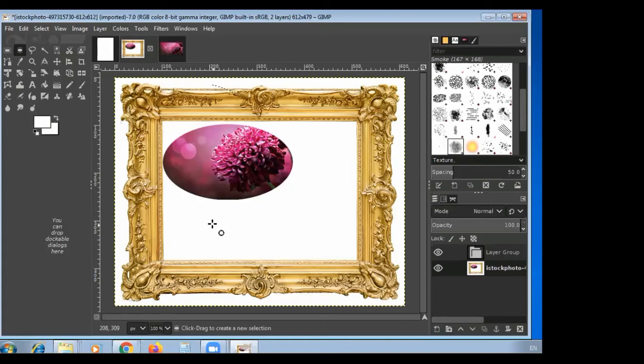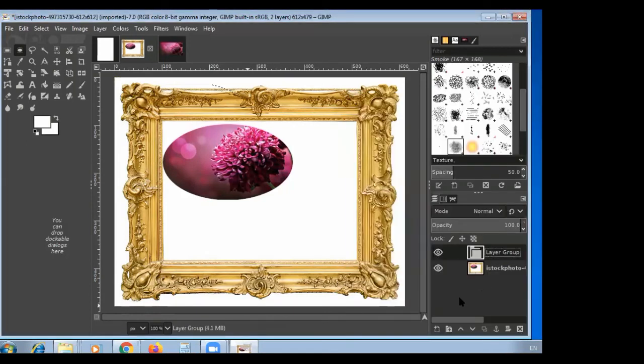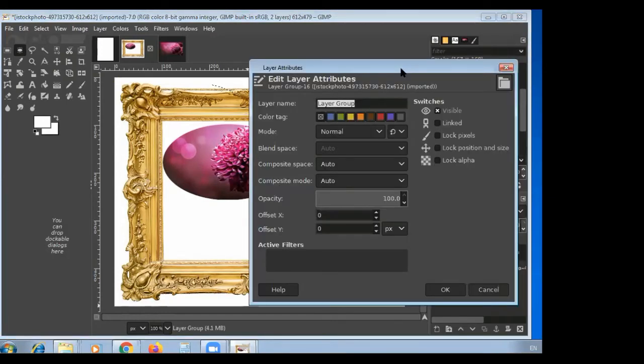Now, next option, changing the layer boundary size. Here we can change the dimension or size of the layer according to the content. In this example, we will reduce the boundary size of the layer to fit the butterfly image. Here we are taking the flower image. Click on the layer you want to resize. Then after, double click on that particular layer. The image layer dialog box will open up on your screen.